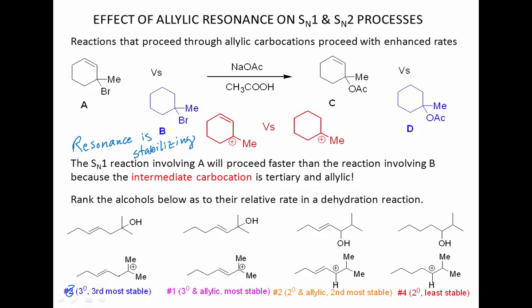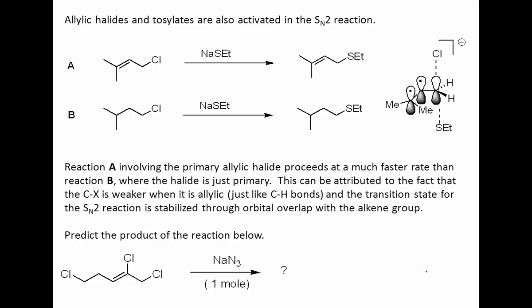Remember, this is not allylic because it has an sp3 carbon separating the carbocation from the alkene. And the slowest one is going to be this last one over here, which is merely secondary, okay? There's no additional stabilization of that carbocation. So that one is going to be the slowest. Okay. All right, so what does this have to do with, sorry, one other issue,